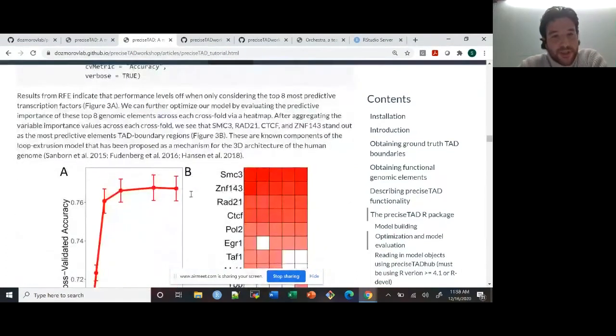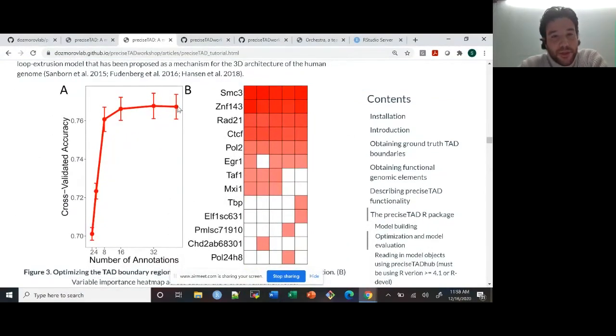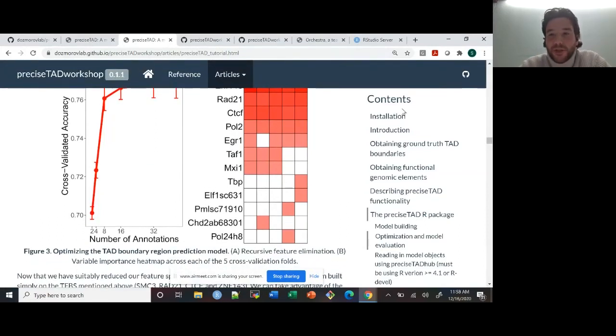So what this does is it builds a random forest at the maximum number of predictors, so 43 in our case. It identifies the top 32 predictors, rebuilds the model, and then recursively downward by powers of 2 essentially keeps building the model. And so what we see in this figure 3 here,